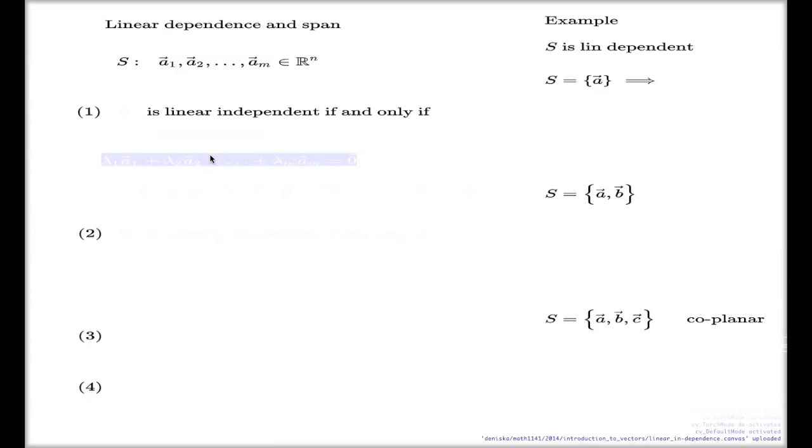It says like this. If and only if, anytime you look at the expression like this, in fact the equation like this, you see, it has my vectors a1, a2, am, and I scaled each of them with some coefficients, lambda 1, lambda 2, lambda m. So every time you look at something like this, if you can conclude just from one equation, by some method, by some thinking, by some wild guessing, if you can conclude that this can only be true when the coefficients are 0,